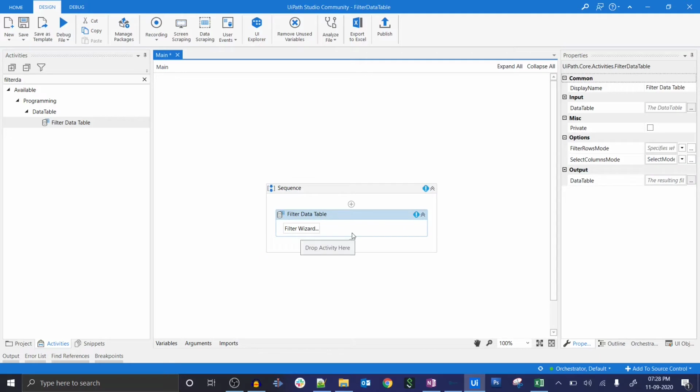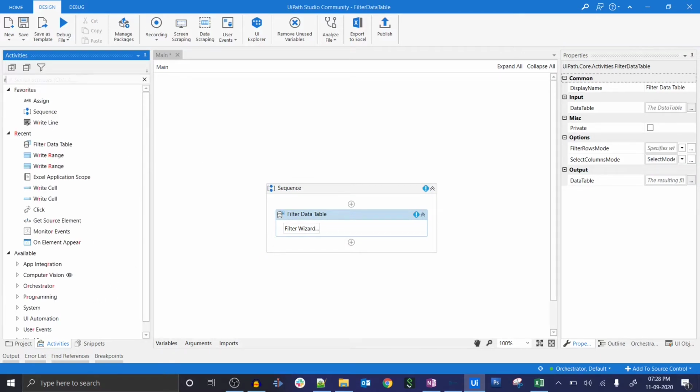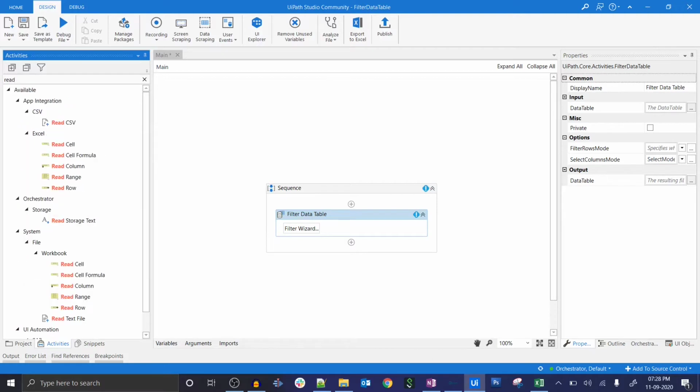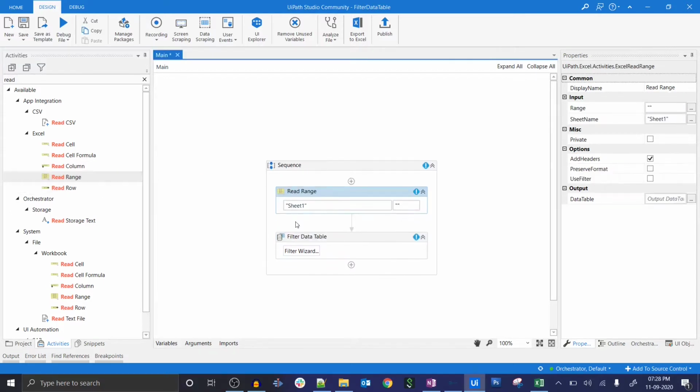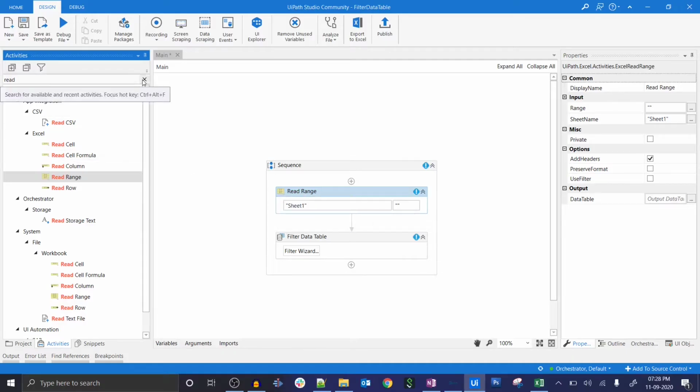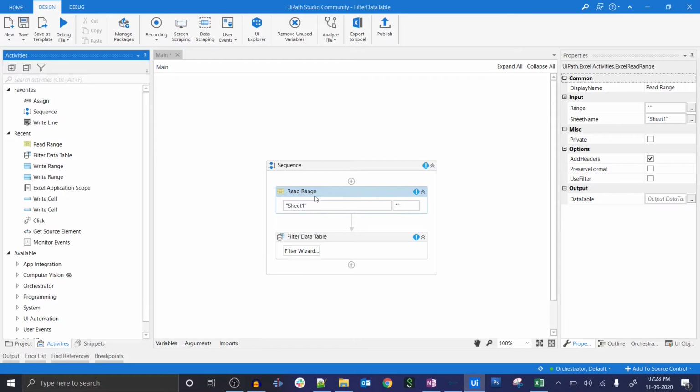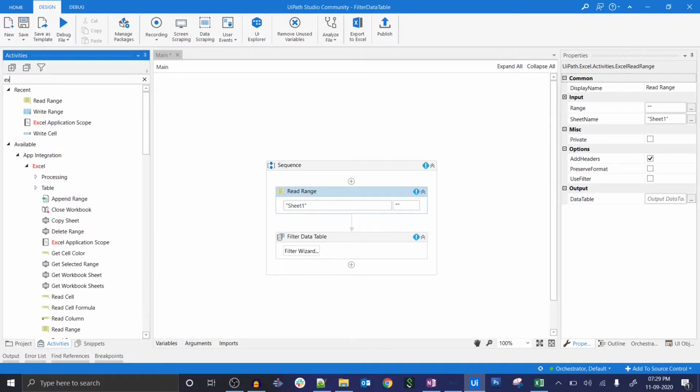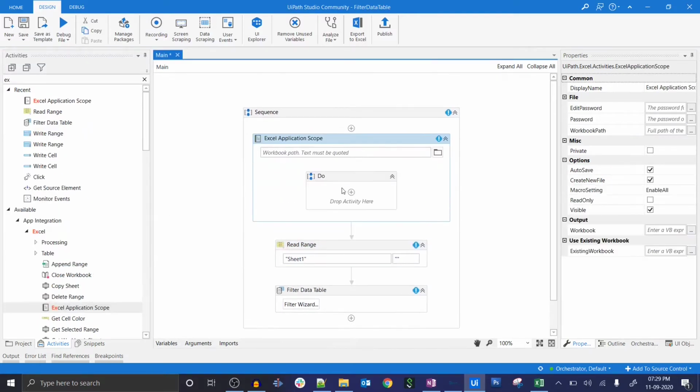But before using this, first of all, we need to read the Excel sheet. For this we can use the Read Range activity. As we know, to use any Excel type of activity, we need to use the Excel Application Scope.